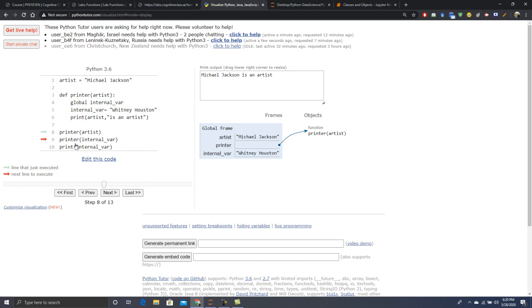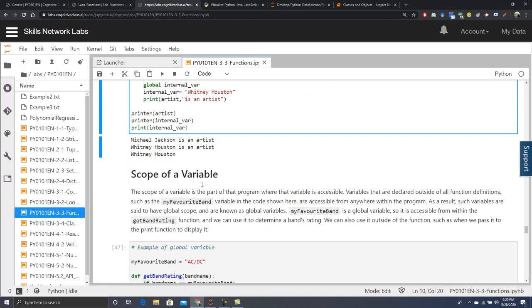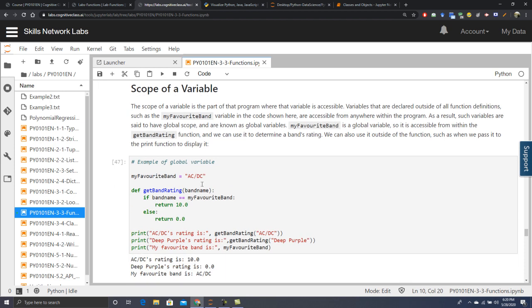So done with that, now print internal variable. Now it has taken the internal variable. It will use the internal variable because you have made it global, otherwise it would not take it unless you had made it global. So define again this thing and this thing. Whitney Houston is an artist, so print internal variable and it will print Whitney Houston. You can use the same code, but the next time delete the line global internal variable, and it will not execute the last two commands. Okay, you can try it yourself. Okay, so scope of the variable, this is also one of the technical